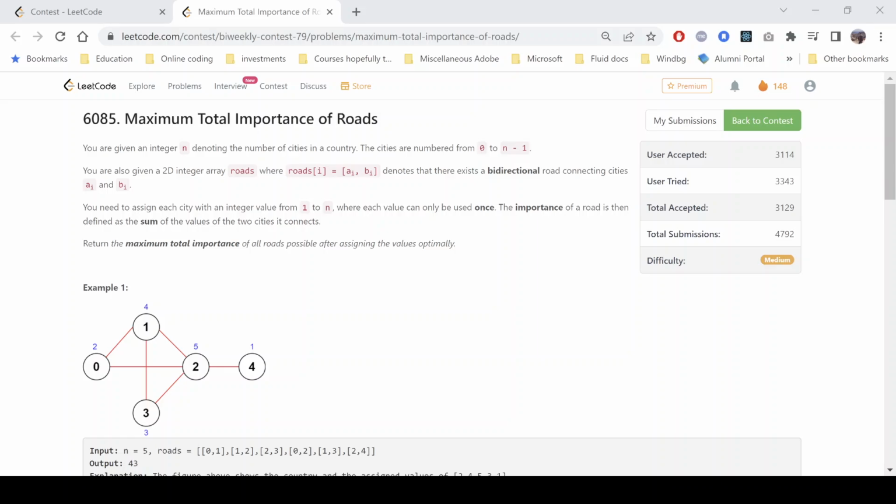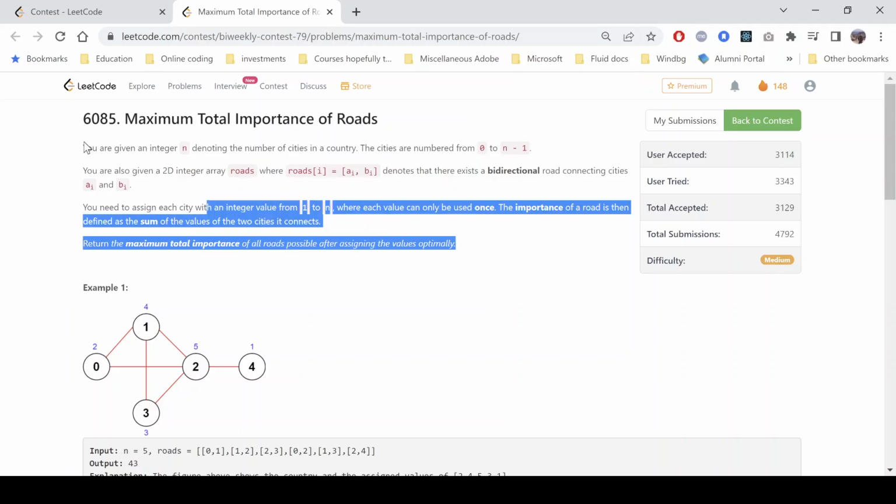In this video, we'll discuss the third problem of Leetcode BiWeekly Contest 79. The problem name is Maximum Total Importance of Roads. It's a medium level problem. I would say it's a relatively easier problem as compared to the other problems that we received in other